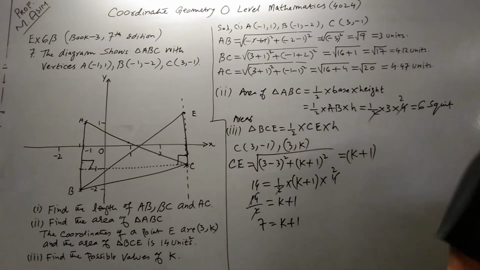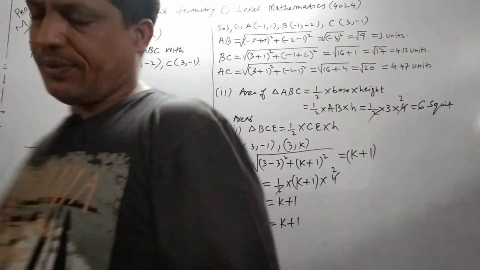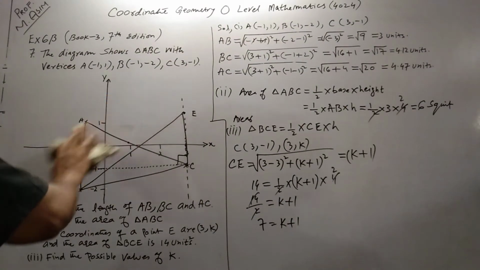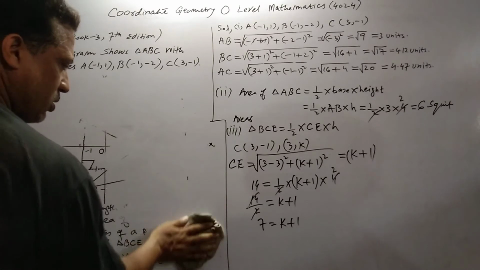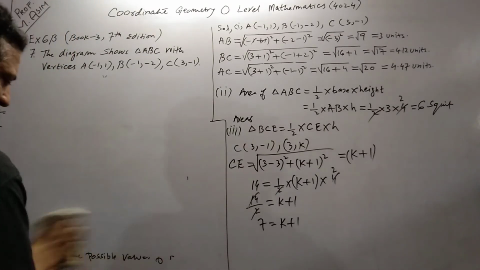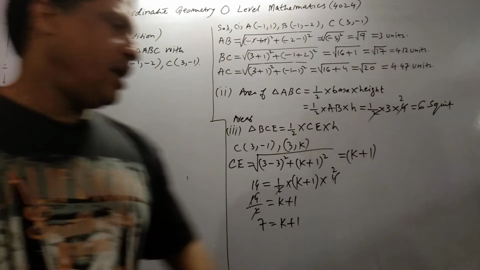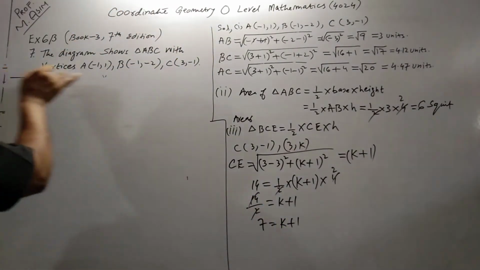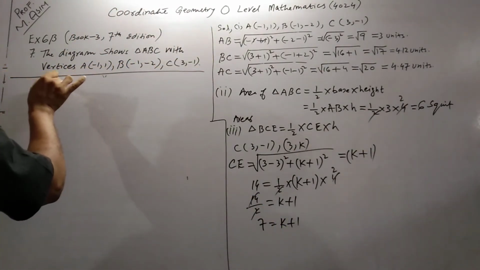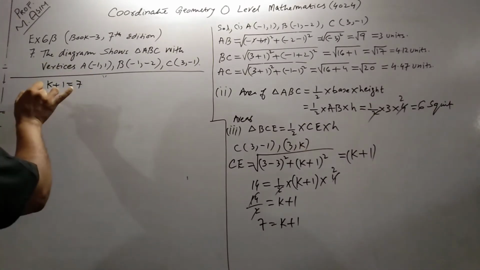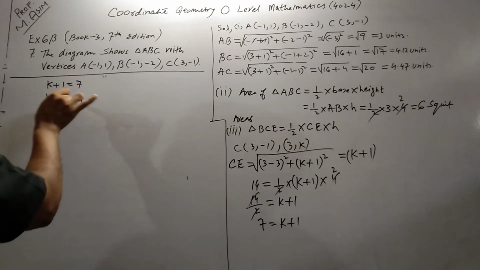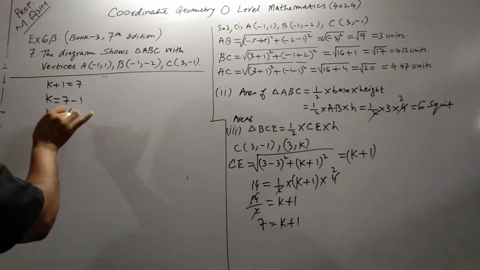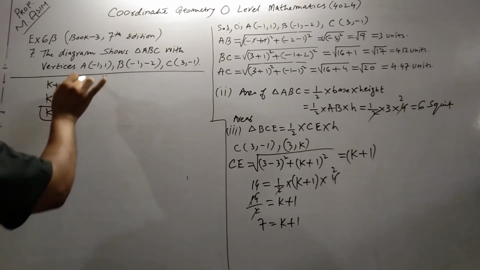Now we have two choices for this. See carefully. There is no need of this graph, therefore I am rubbing it, because I want to explain this in detail. Our k plus 1 is equal to 7. Therefore k is equal to, if we move 1 to the other side, 7 minus 1, which is 6. Or